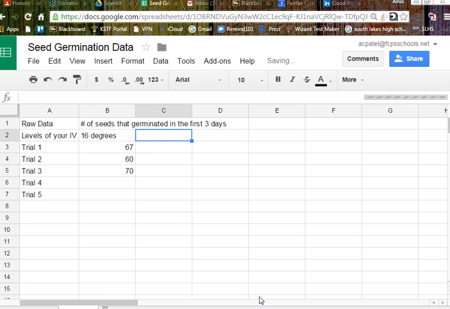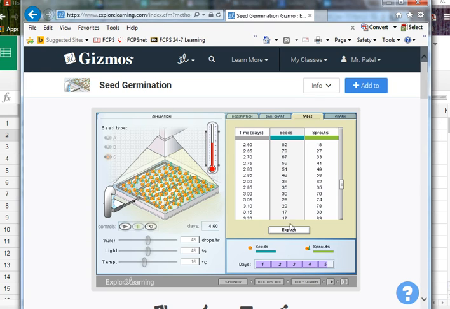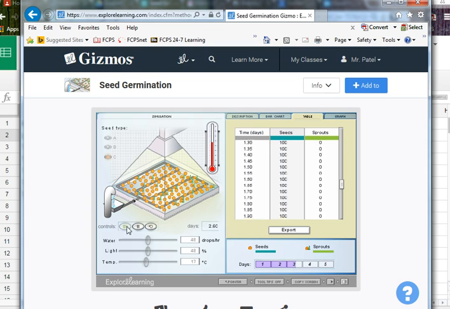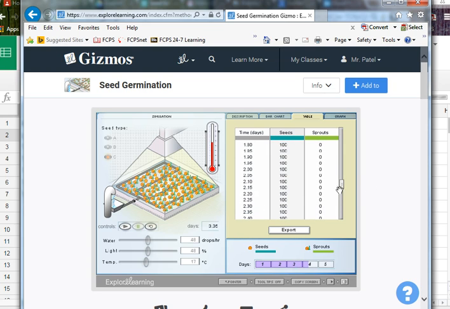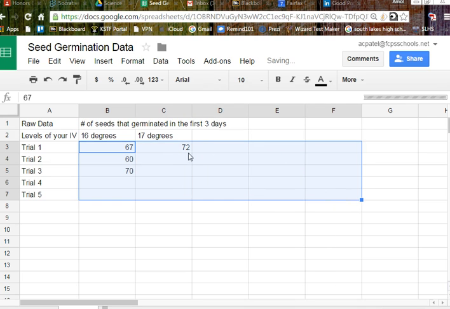And then I'll change my degrees. Because that's my, oops, that's not what I want you to see. I'll change my independent variable. So I'll reset, I'll bump this to 17 degrees, and hit play. And then at 3 days, I have 72. And so this is 17 degrees, and I have 72 sprouts. So I want you to do that for 5 trials for 5 levels,